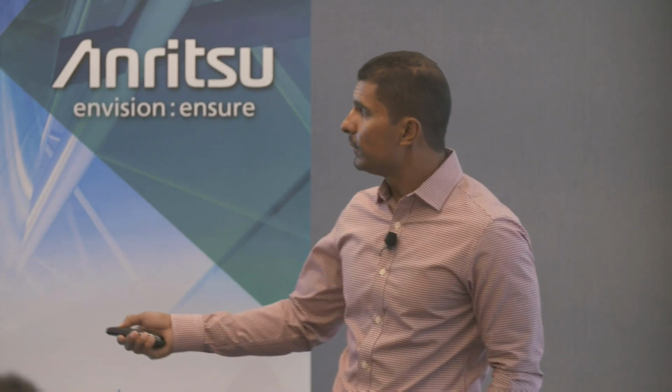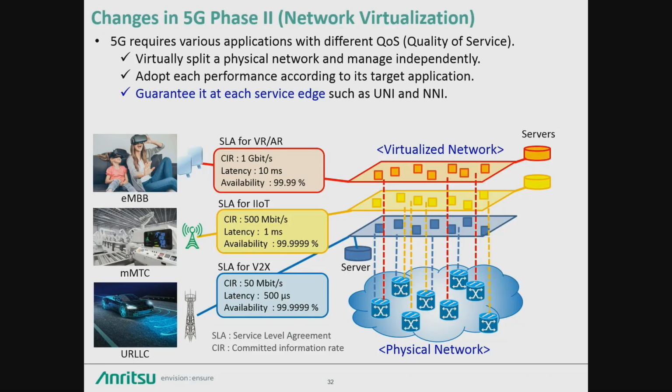In order to simulate these 3 different types of applications, we create different service level agreements for each one, just like how you would in a network itself. You would be provisioning and shaping your network. How we do it is we generate these 3 different types of applications in eCPRI or radio over Ethernet traffic. Our tester has the ability to generate those radio over Ethernet or eCPRI frames, each one with different service level agreements associated with them to simulate